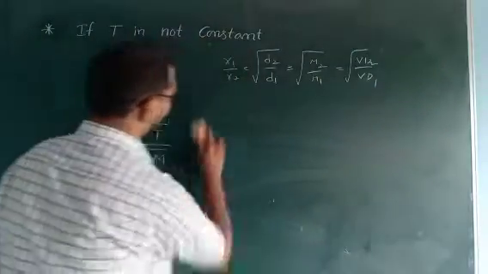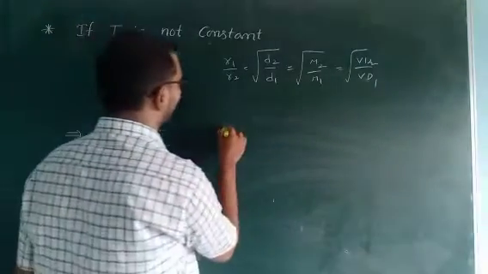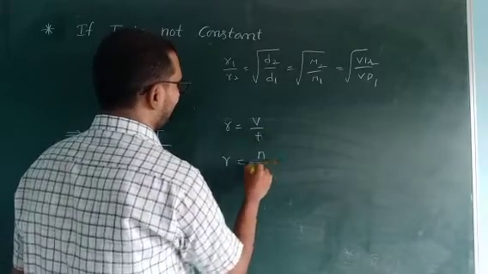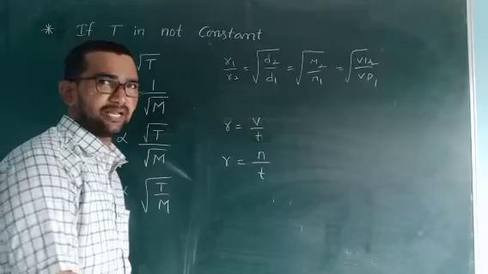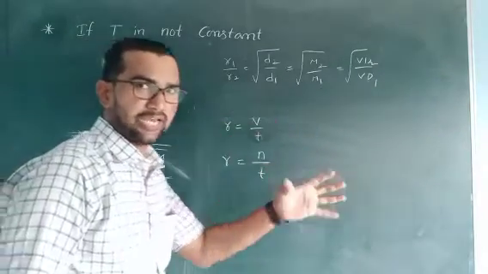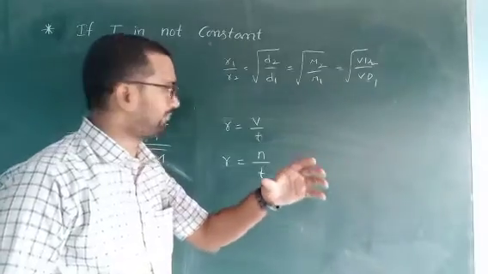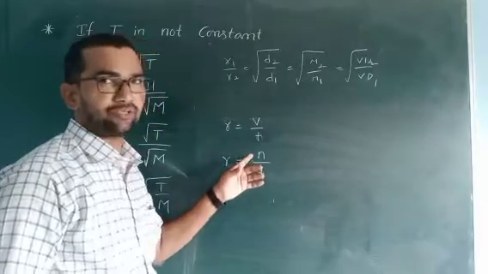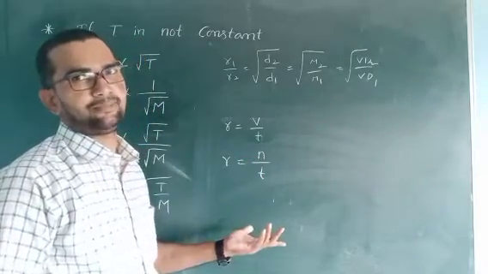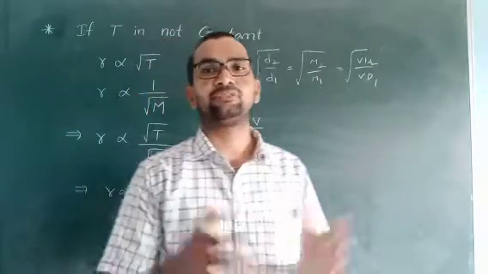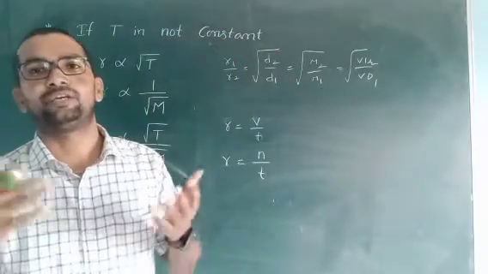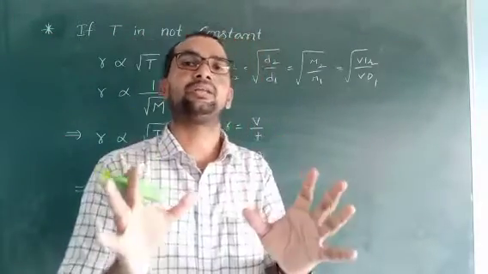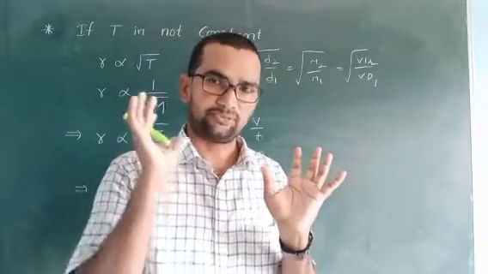The next definition is R is equal to V by T. Third definition is R is equal to, sorry, n by T. Apply two gases concept here also. We get so many formulas. First, write the formula. Next condition. If n1 is equal to n2, one formula. If T1 is equal to T2, another formula. If V1 is equal to V2, one formula. If T1 is equal to T2, another formula. Later, if pressure is not constant, one formula. If temperature is not constant, another formula. So formulas are most important for Graham's law for solving problems.